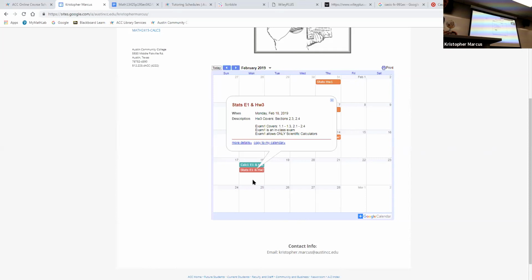TI-83. It's a graphing calculator. Yeah, I wouldn't use it. Yeah, you can't use that one for the tests. Yeah, the scientific ones are really worth your while in the end. Yeah. Other questions on that? Yeah, and if you have other questions on calculators, like if you have a scientific and you're not sure if it's worth having for the course, you can ask me and I'm happy to give you my 2 cents worth of opinion on it, explaining what's good or bad about it if I know it. So all homework will appear here, all exams.